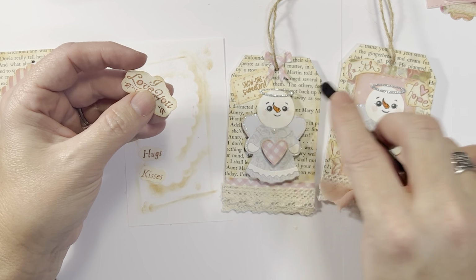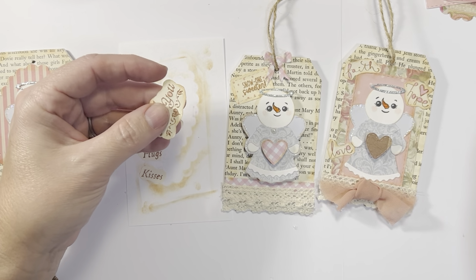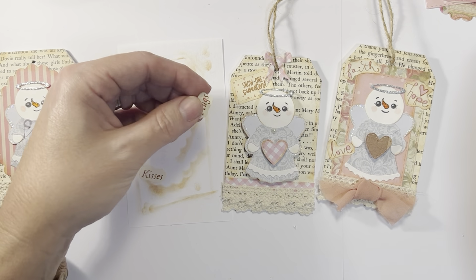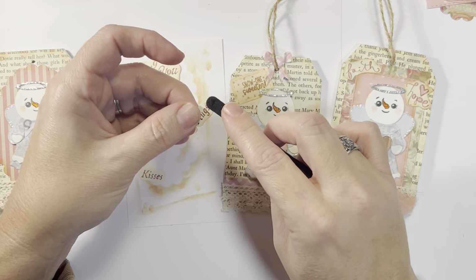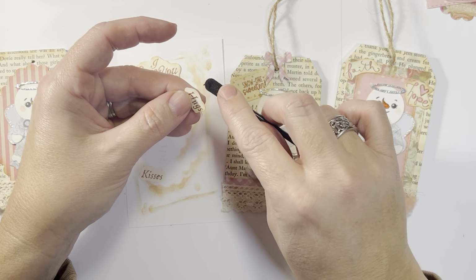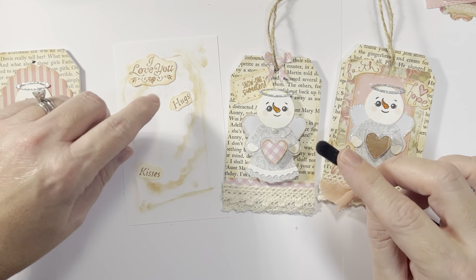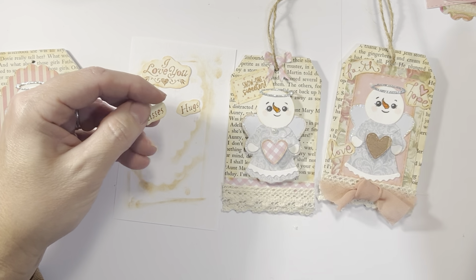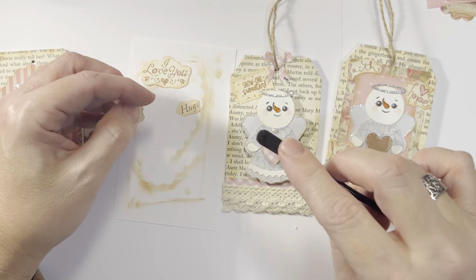And I kind of had Valentine's in mind for these, but I didn't want them solely to look like Valentine's. So when I was using the colors and picking the little words, I kind of wanted them where they could be for any time of the year. They could still be for Christmas or Valentine's or just a little special gift. So let's go around the edge of this one. Okay,